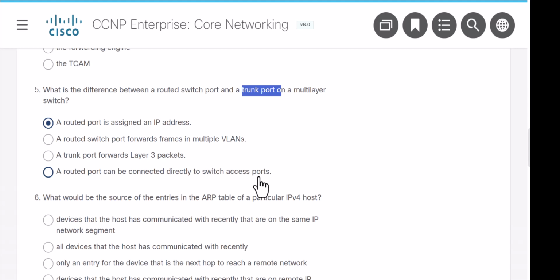A routed port can be connected directly to switch access ports, and the difference between a routed switch port and a trunk port. A routed port is assigned an IP address. A routed port can be connected directly to switch access ports. I like both these options equally. I see no problem why this is not correct. Well, normally you probably wouldn't do that. However,